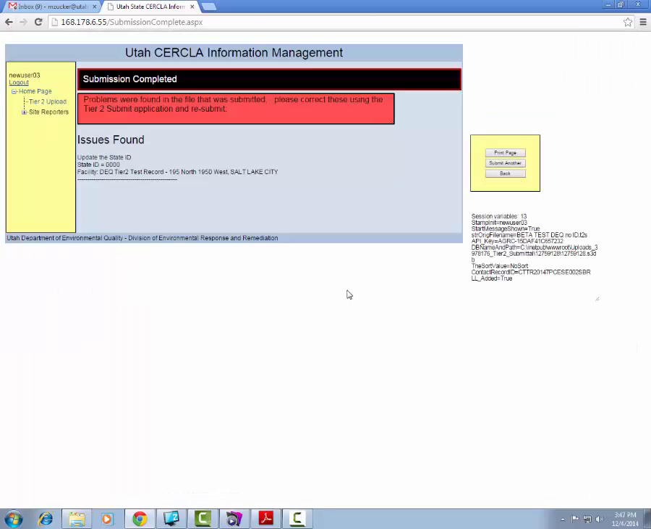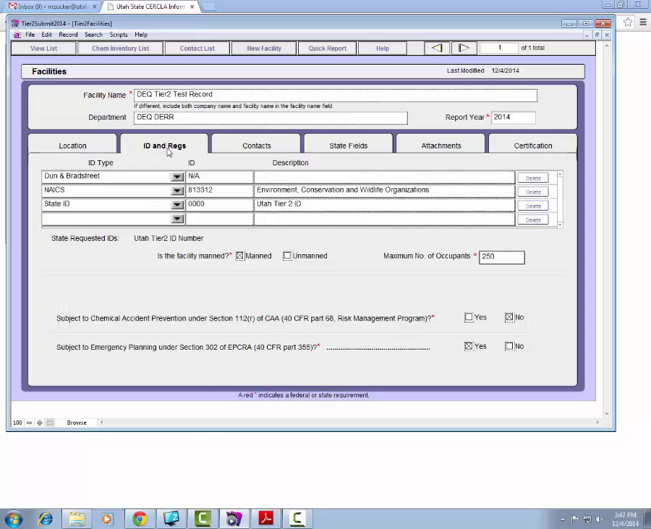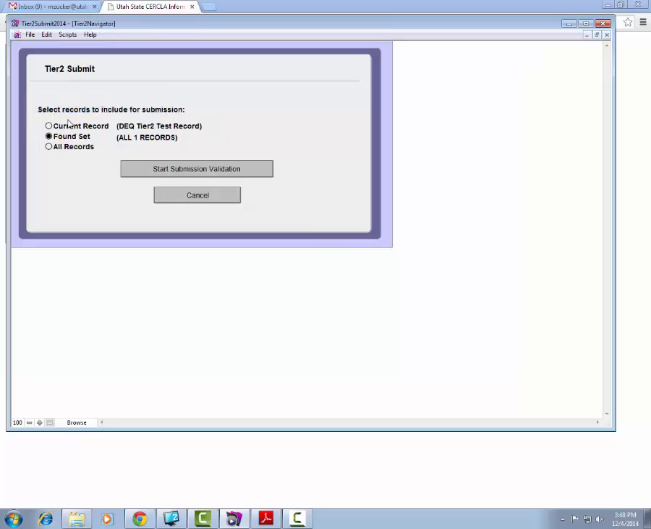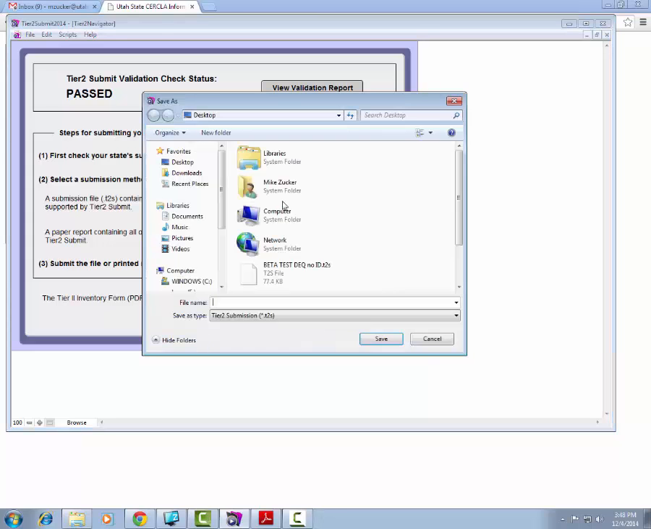Now, at this point, if there are problems, what you would want to do is return to the Tier 2 submit application and the original file, and you'd go in, in this case, this is a different file. I should have had the original on the screen. You would come in, add the ID number, you would come back and create a new submission, create the electronic file,